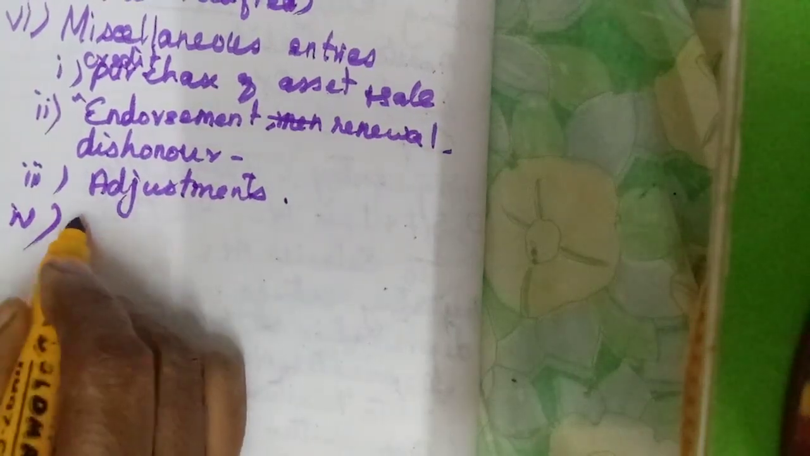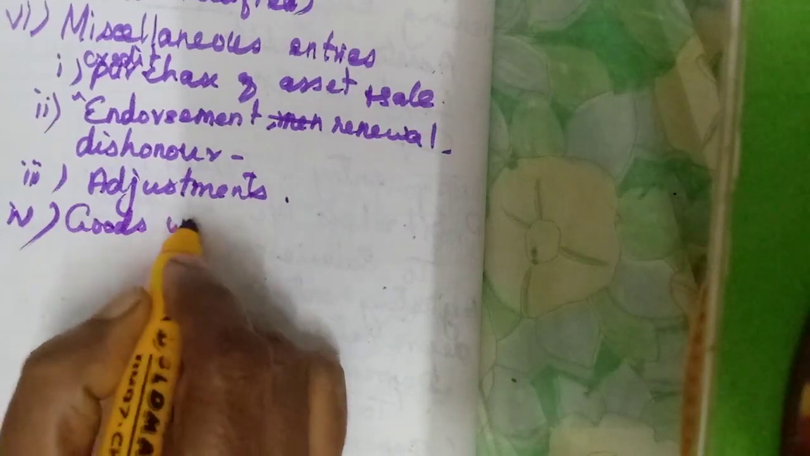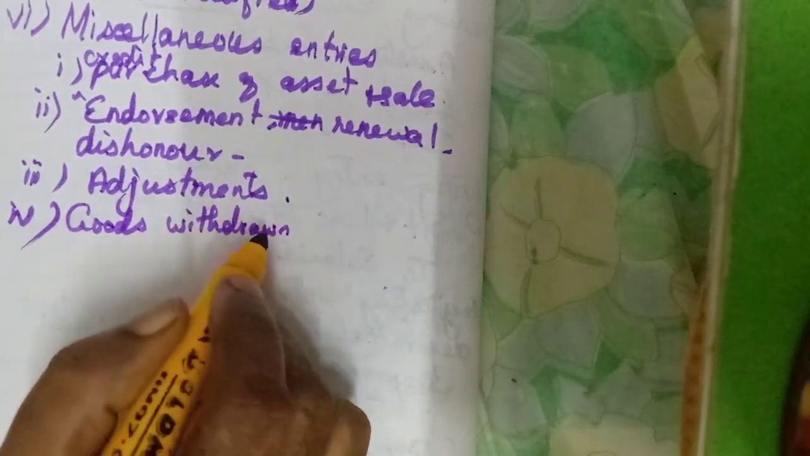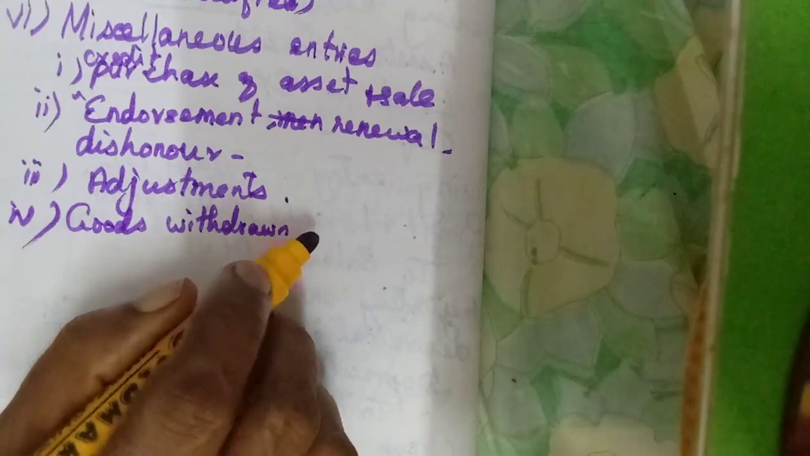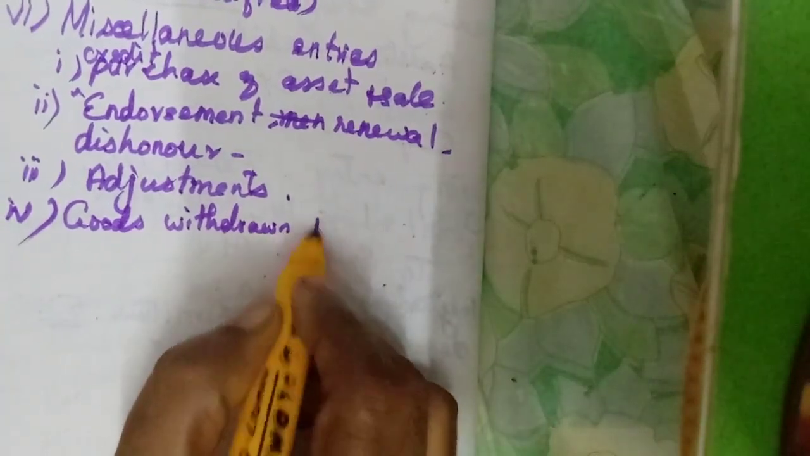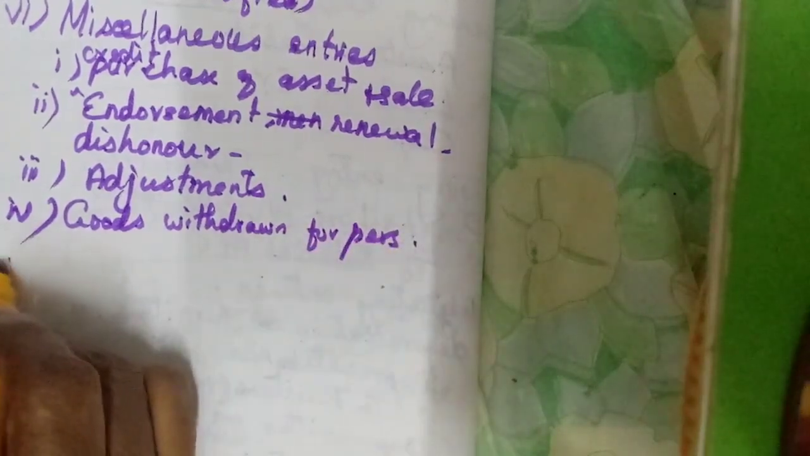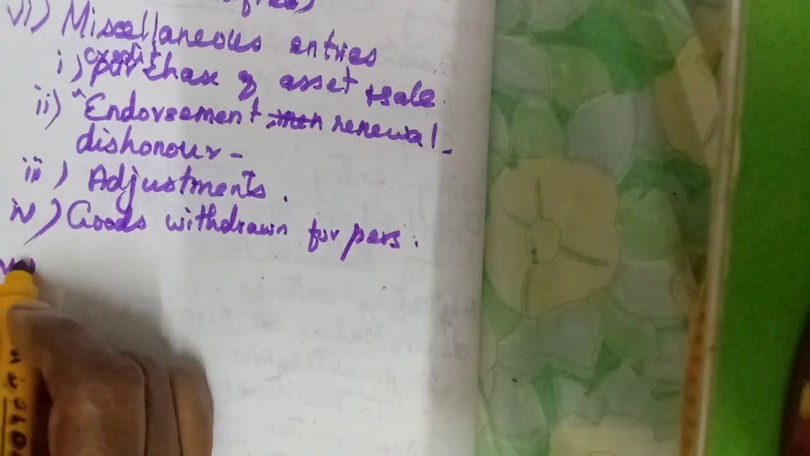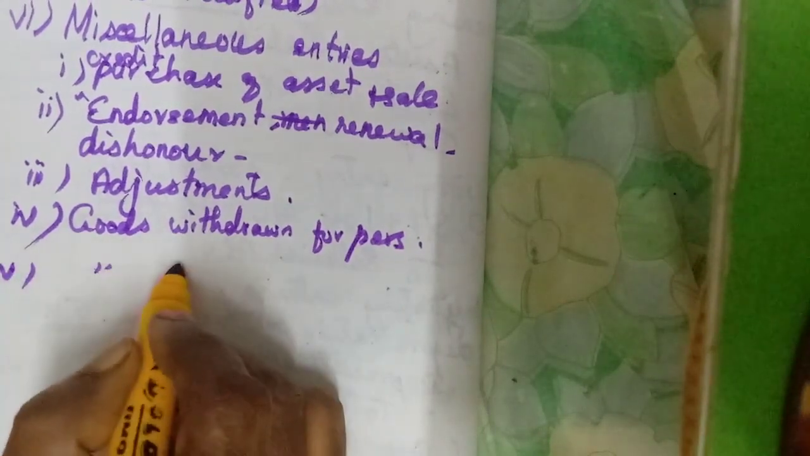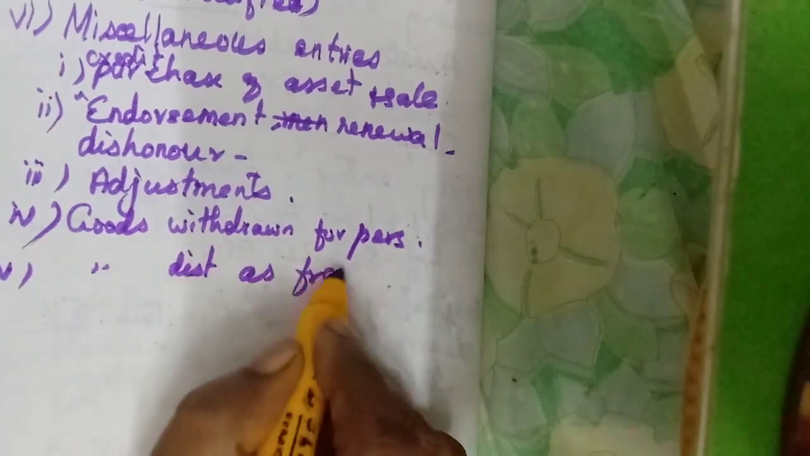Then if any goods are withdrawn, that is drawings, goods withdrawn, cash withdrawn means we will write in the cash book. But if the goods are withdrawn for personal use, this entry only we need to make, which one? Journal proper. Then in the same way, if goods are distributed as free samples,